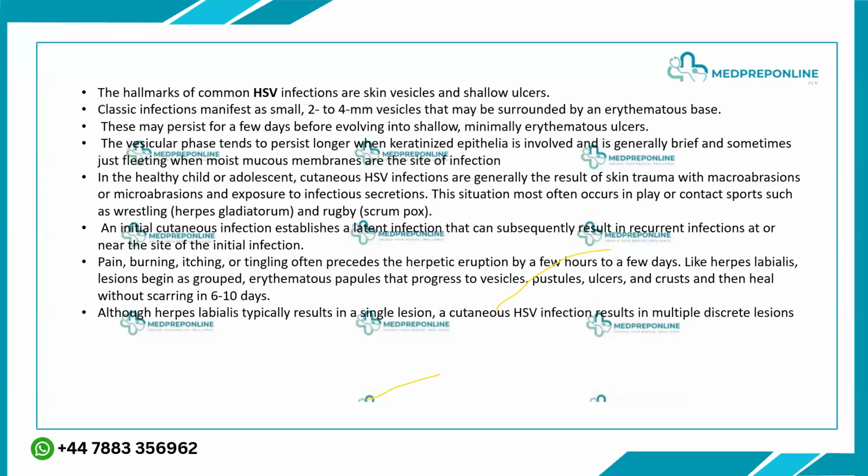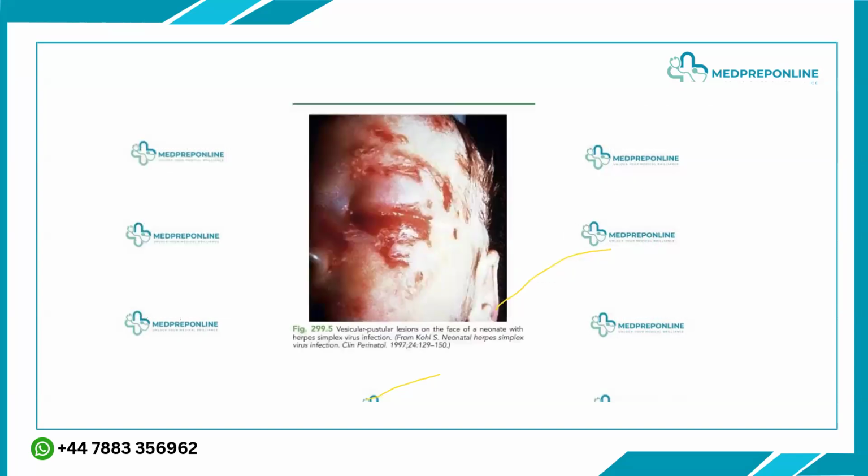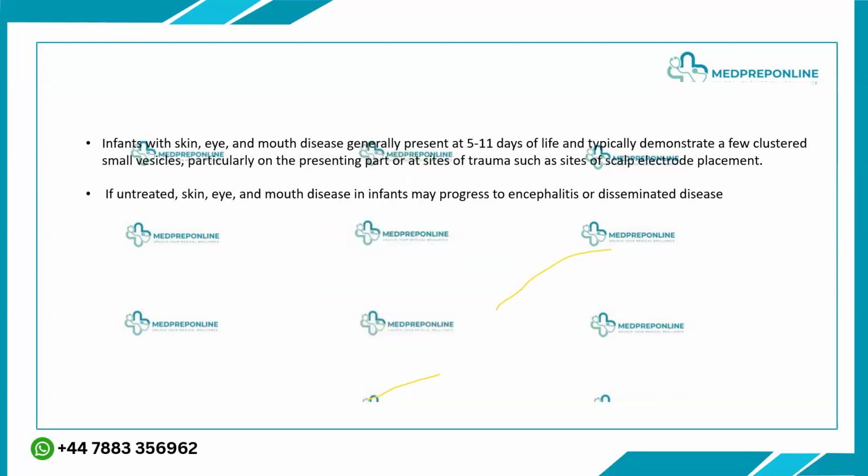बाकी herpes की different kind of infections को हम discuss करेंगे in topic of infectious disease. This is also the vesicular pustular lesions on the face of a neonate with herpes simplex virus. Infants, यानी कि जो newborns या infants है, with skin, eye, and mouth disease generally present at 5 to 11 days of life and typically demonstrate a few clustered small vesicles, particularly on the presenting part or at sites of